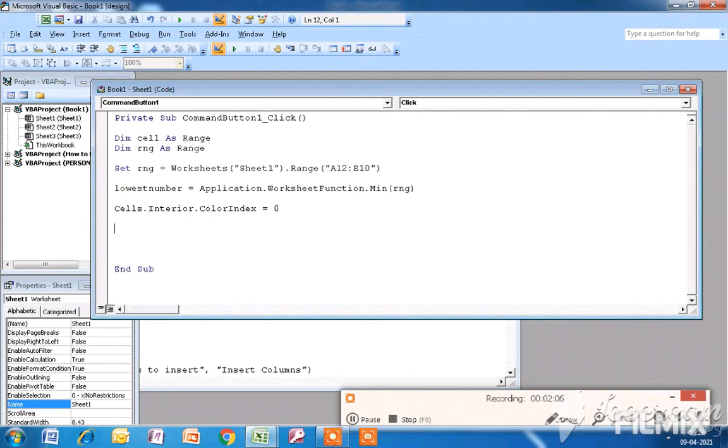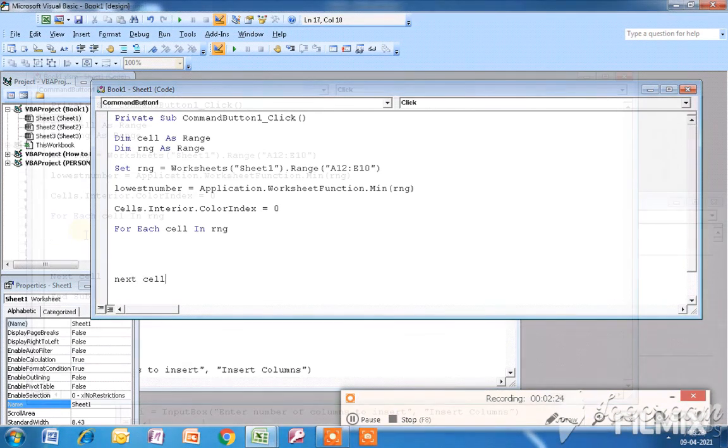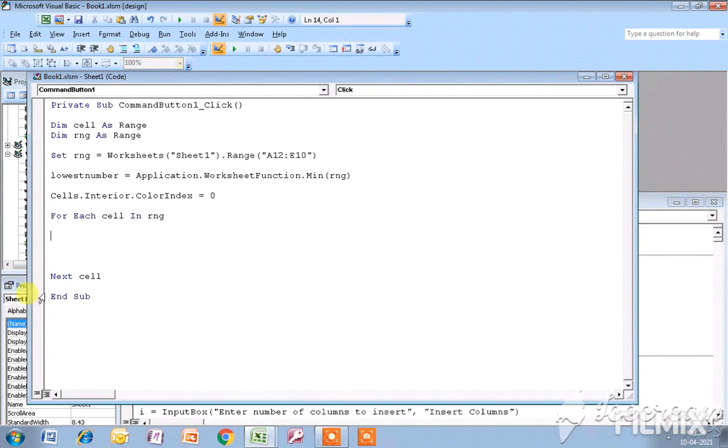Now I have to give the For loop, that is For Each cell In RNG. When you are starting a For loop, then you have to end the For loop, that is Next cell. Inside the For loop I have to give the If statement, that is If cell.Value is equal to lowestNumber,